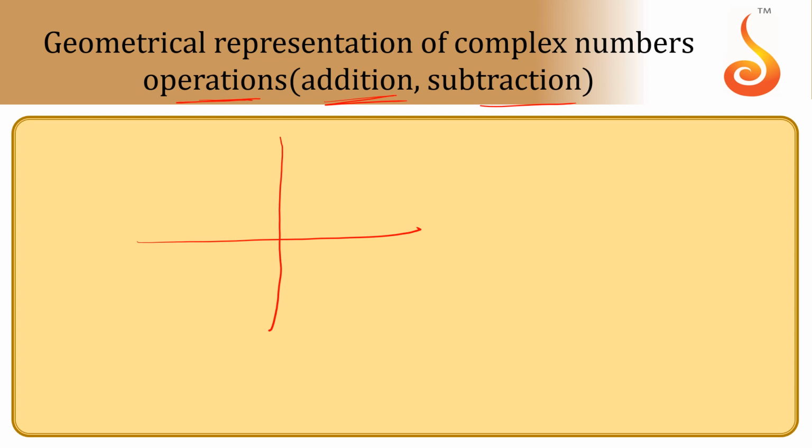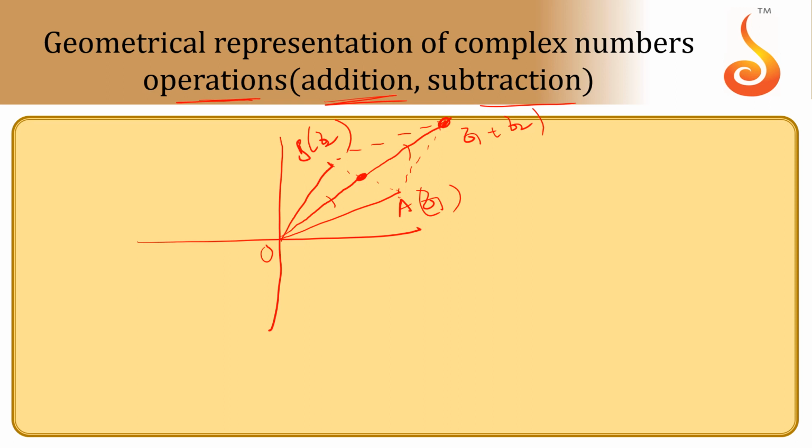Suppose I have Z1 here, some A of Z1, where A is a point whose affix is Z1, and this is B of Z2. I want to see the sum Z1 plus Z2. If you join these two, you know that the midpoint will be Z1 plus Z2 by 2, meaning the midpoint is a point whose affix is Z1 plus Z2 by 2. From origin, if I join that midpoint and double the length, since this midpoint is Z1 plus Z2 by 2, this must be Z1 plus Z2. Please observe carefully. This is like the parallelogram law of addition of vectors.